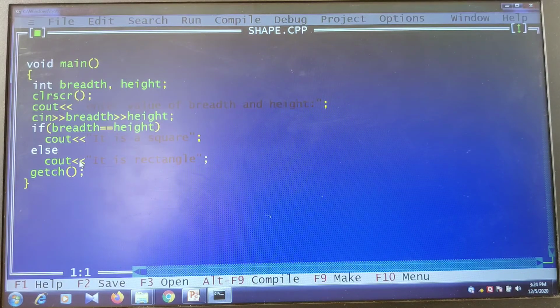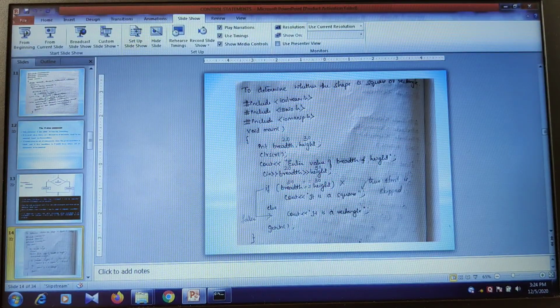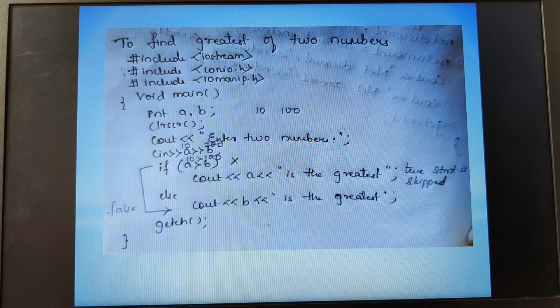Moving on to the next program, the greatest of two numbers. I hope this program would be very easy for you all to understand. I have written all the header files which are necessarily required, and then void main.